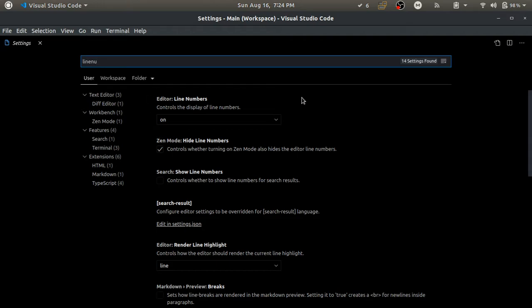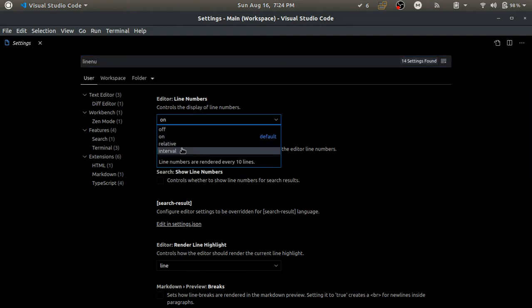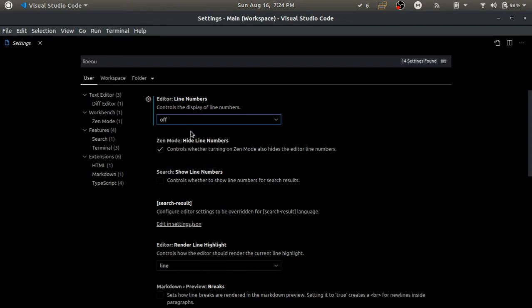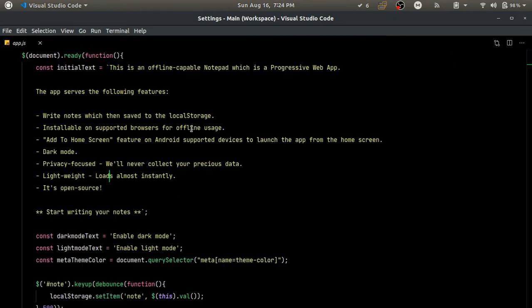We have this particular setting which shows the line numbers in the gutter. We currently have these four options. Currently it is on, so we will turn it off. Okay, and once done, as you can see, the line number is gone from here.